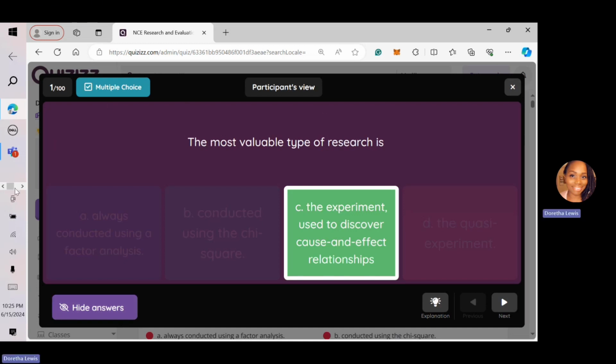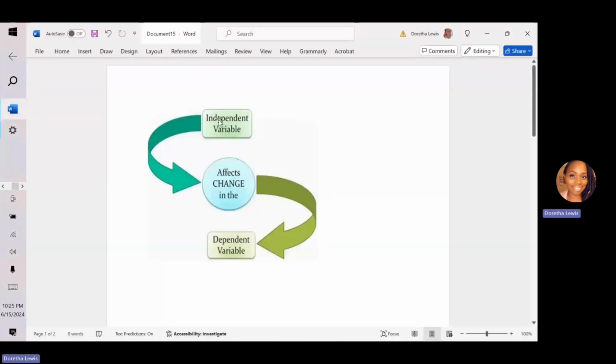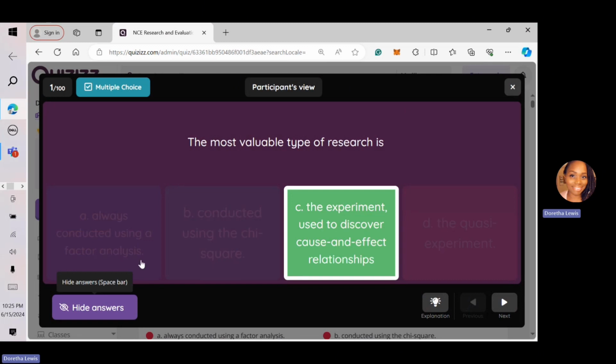Another way that I look at it too is looking at this little sheet that I have here. So independent variable is here, right? This is what I manipulate. If you think about independent variable with the I, I manipulate, right? And then because I manipulate it, I get to see if there are any effects in this dependent variable. So you have two variables, independent variable and dependent variable, okay? Which is also cause and effect. Okay? How strong is the relationship between the two is what we're measuring.